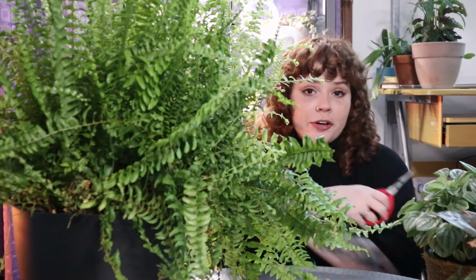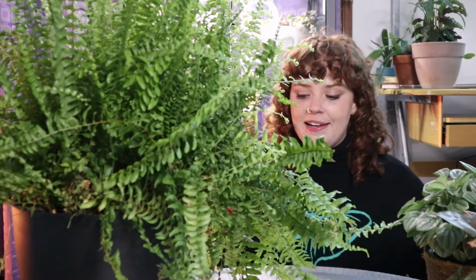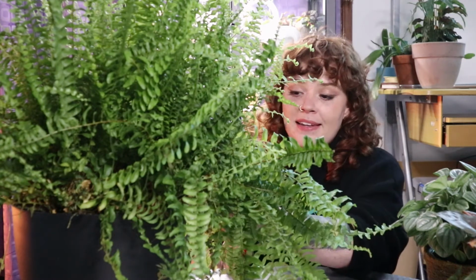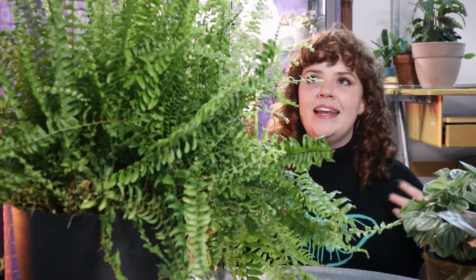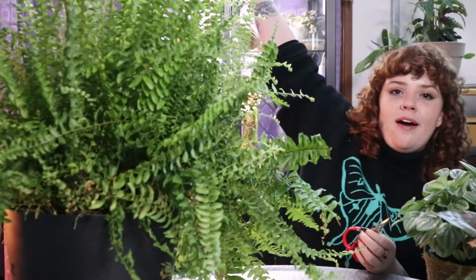I can also very proudly say that how far I've come since I first started getting into houseplants is a long way. I spend less and I'm also smarter with my money, not buying plants that will have an inevitable death in my care. Things like my cabinet behind me